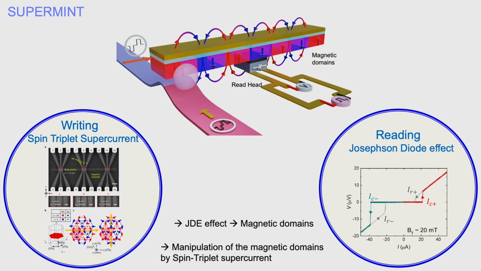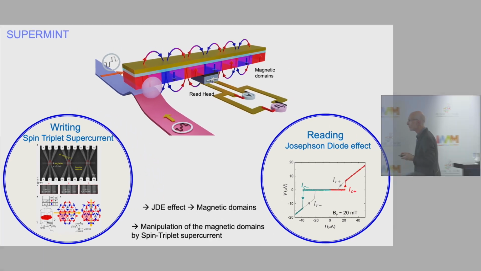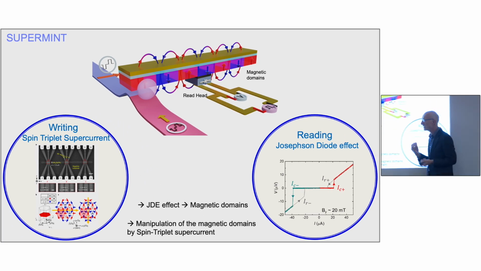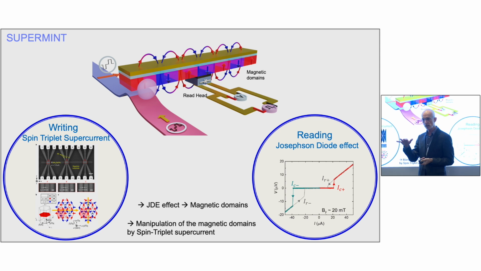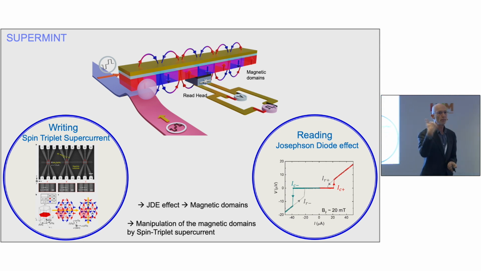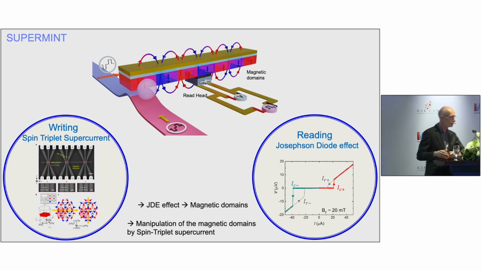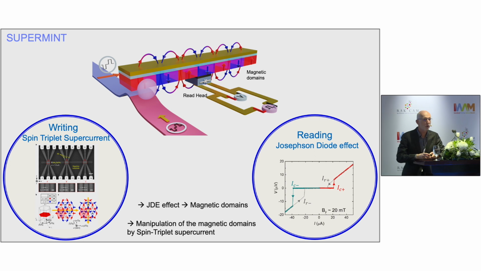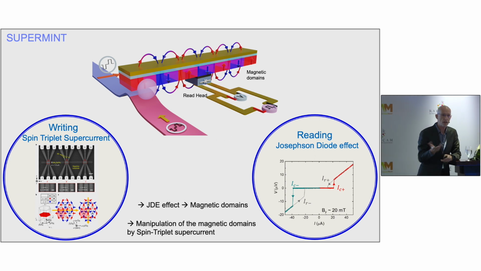If I still have a few minutes, I want to talk about another effect that we've recently discovered, which I'm very excited about. And I want to use these effects to build a racetrack that is not operating at room temperature, but operates at 10 millikelvin. Well, you're all probably excited by concepts of quantum computing, but to support quantum computing using superconducting qubits,